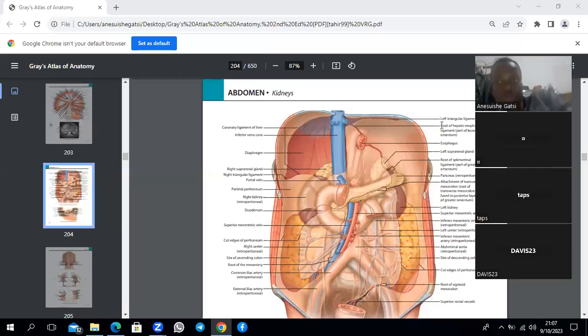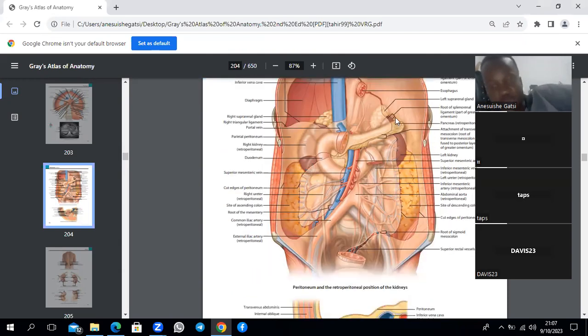Right, so we'll discuss the anatomy of the urinary tract, which includes the kidney, the ureter, the bladder. Then we also have the urethra at the distal end there. Right. So right here, on this picture that I'm showing here,